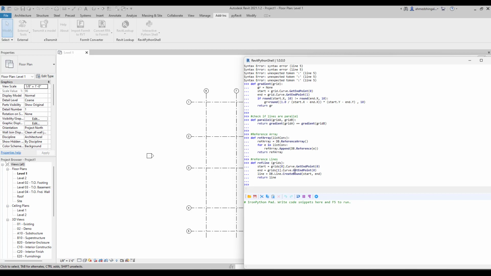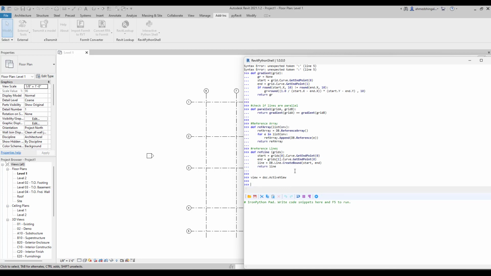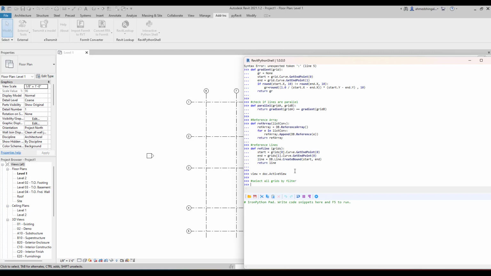Alright, so now we would like to get the current view to check where is the current view. We say view equals doc dot active view, okay, and then you would like to select all the grids by filter. So how do we do that? We say filter, we say select all grids by filter. So how will you do that? Basically you say grids